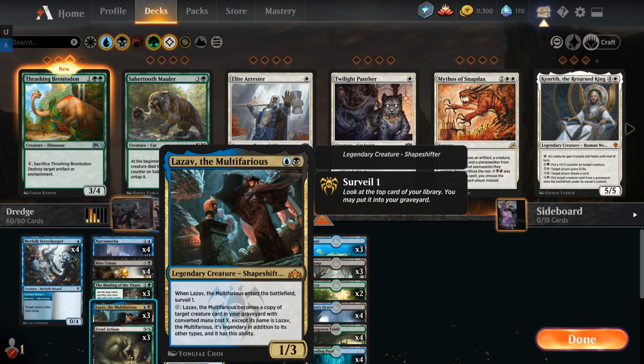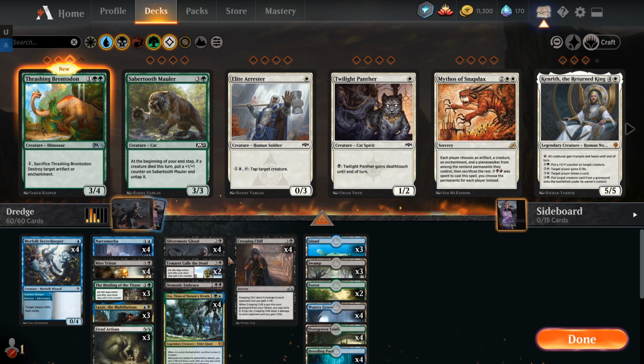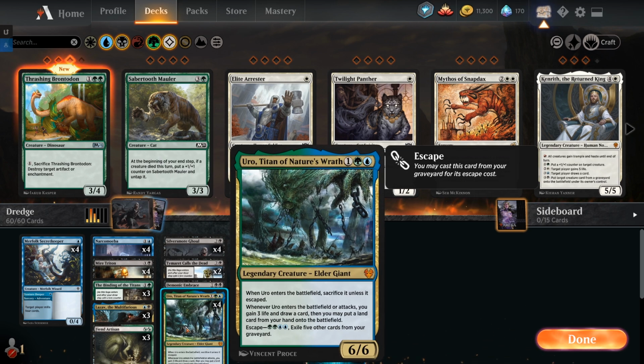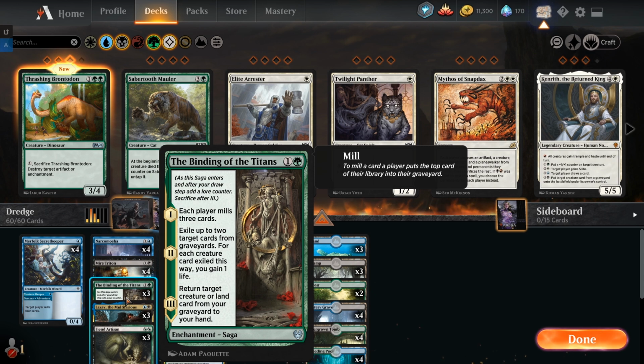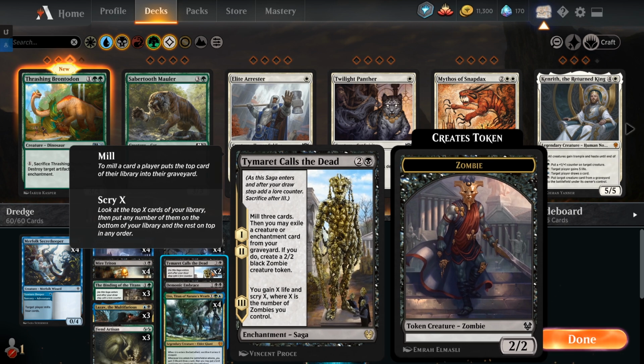So usually it's going to be something like a Lazav, the Fiend Artisan for that big boy pressure, or it could just be for another Uro activation. It does force us to pull the creature out of the yard, which can be bad and good depending on the situation. Two copies of Tymorat Calls the Dead also mill 3,